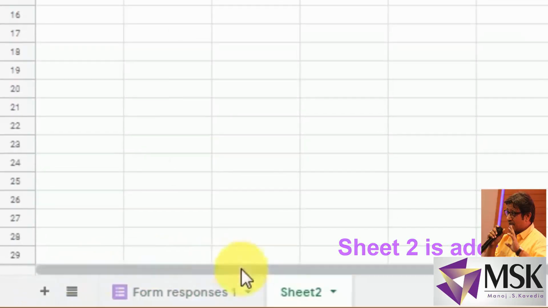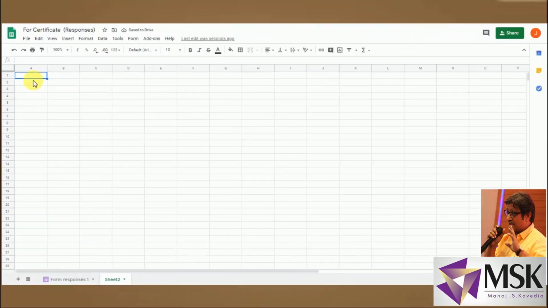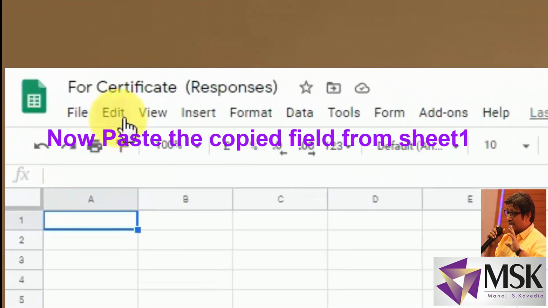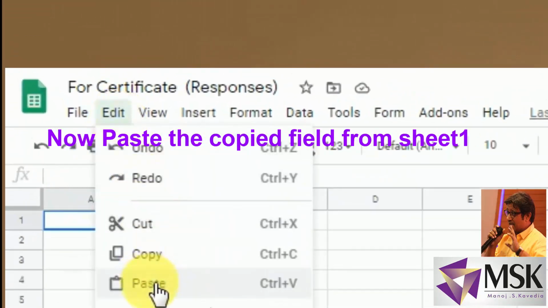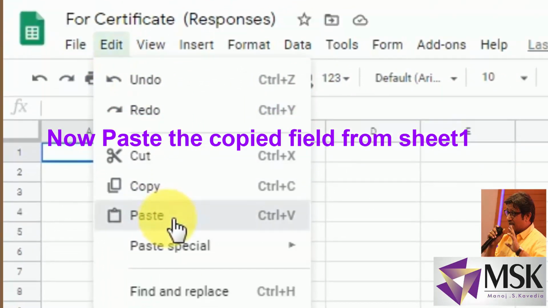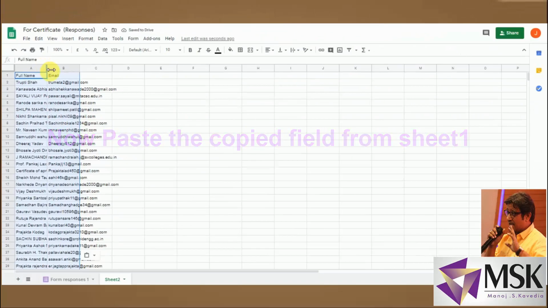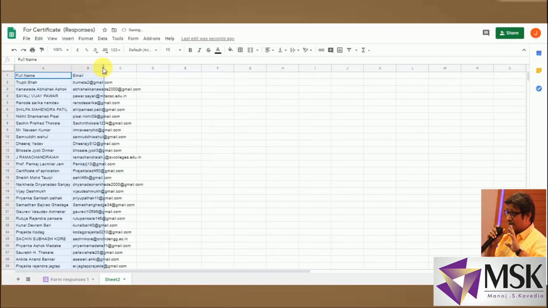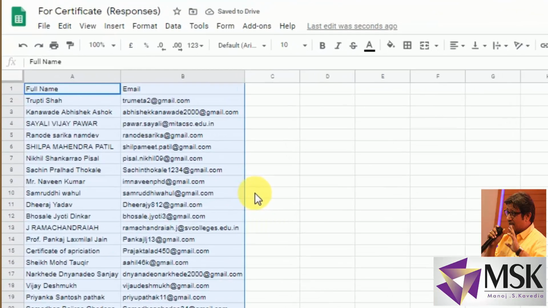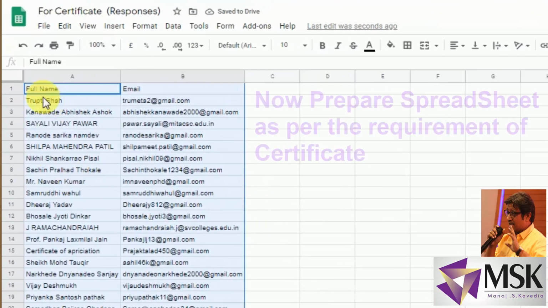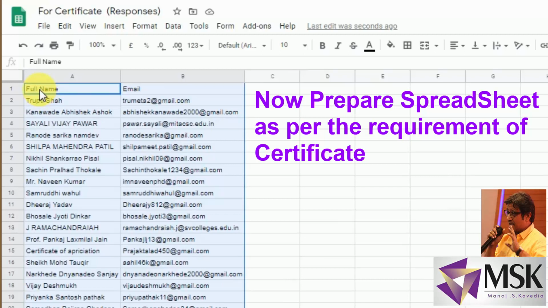It will become sheet 2, because sheet 1 is already my response sheet. Now go to edit and paste the data. The two fields which were copied from the response sheet are now pasted in the new sheet. Verify whether this data and the headings are proper. These are the two fields which were needed.